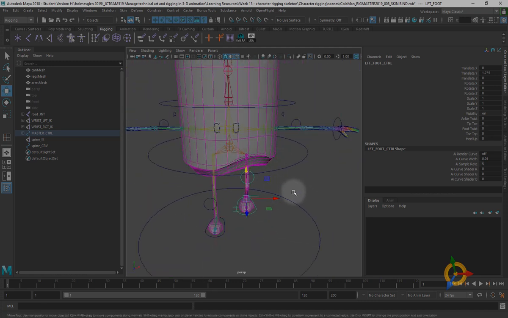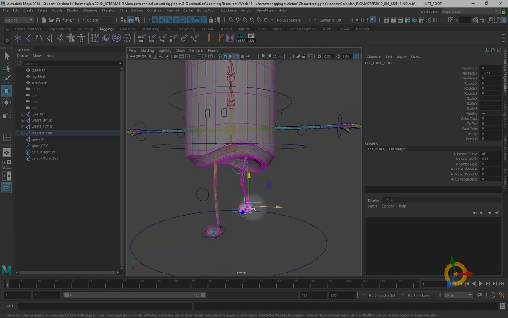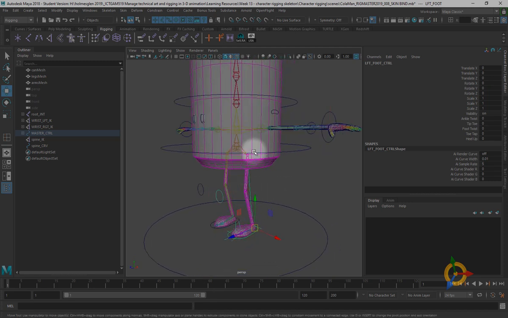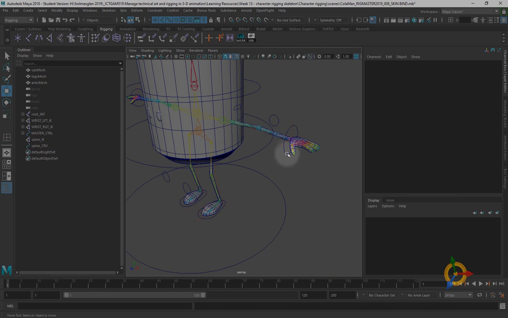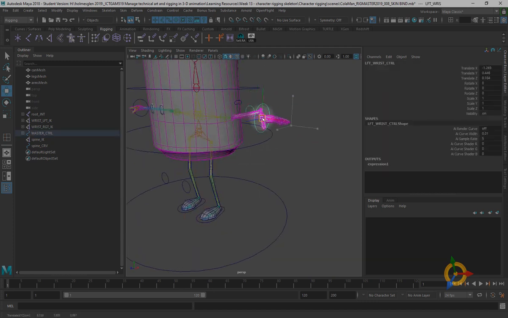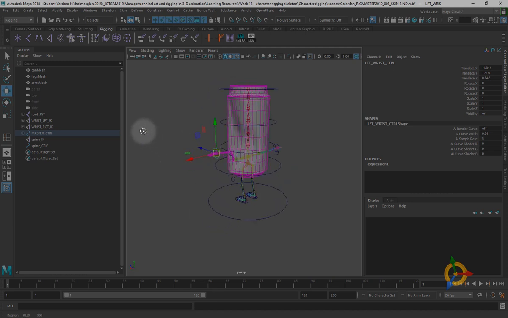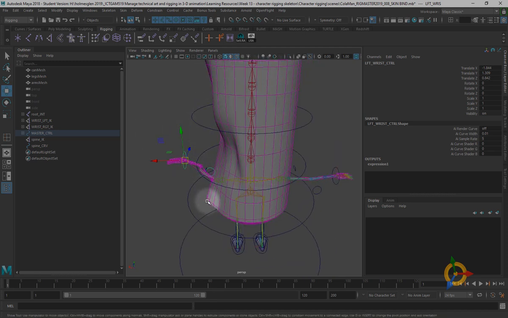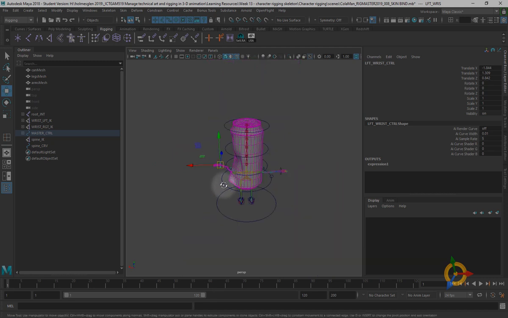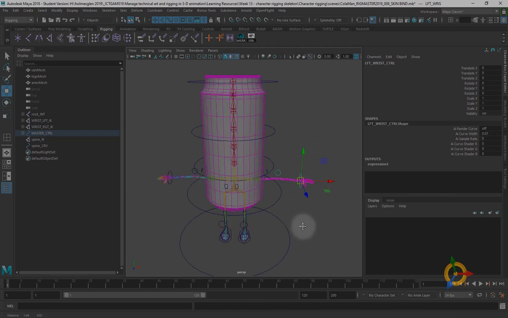This is what we need to fix, and this is where we use the paint skin weights to fix this up. But you can see how this is sort of freaking out. It's doing all sorts of weird things like this. This is part of the reason why quite often I'll try and bind the skeleton separately onto the legs and separately onto the body and then the arms. But you can see how that's functioning, and we've got a similar thing going on here. So what we need to do is use the skin weights tool, and go through and edit all of the skin weights so that they're only being controlled by the joints that we want them to be controlled by. Okay, so I'm going to save this,